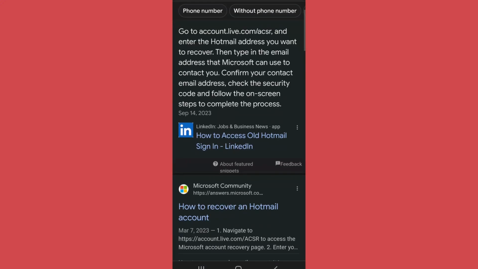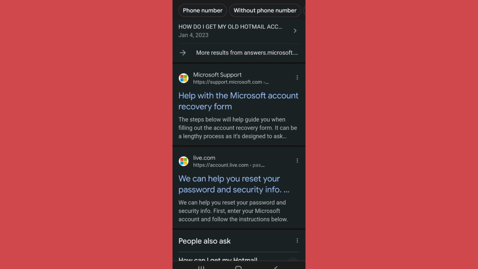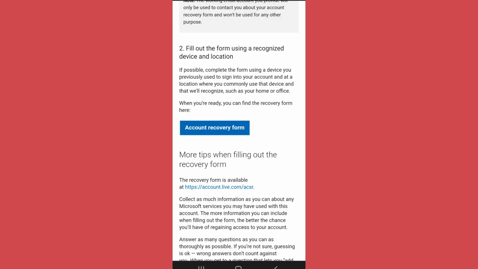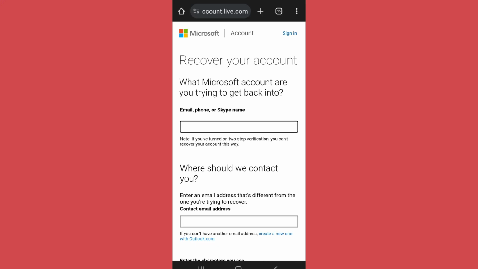Scroll below in the search results and you will find this help with the Microsoft account recovery form. Tap on it. After you open the website, carefully read all the instructions. Then after that, you will see the recovery form is available at the section. Tap on the link. As you can see, there is a form that you need to fill in order to